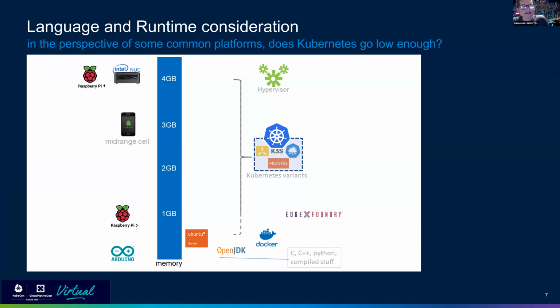Going over to the right side, you've got different platforms that host apps, and then of course the apps themselves. So starting at the top, I think that hypervisors generally are out there citing a minimal requirement to make sense of 4 gig of RAM. I think they could probably go a little bit lower, and I think the 2 models that I looked up on that 4 gig spec were,